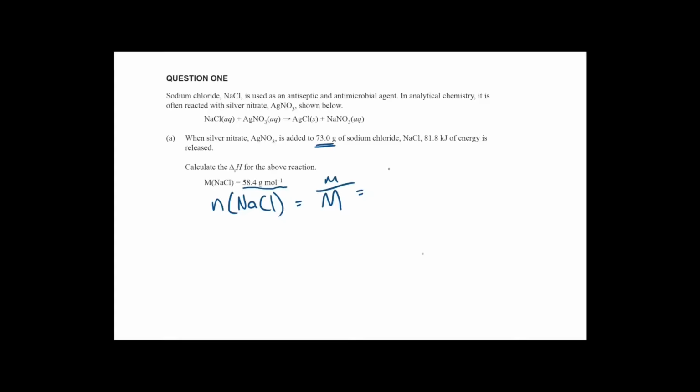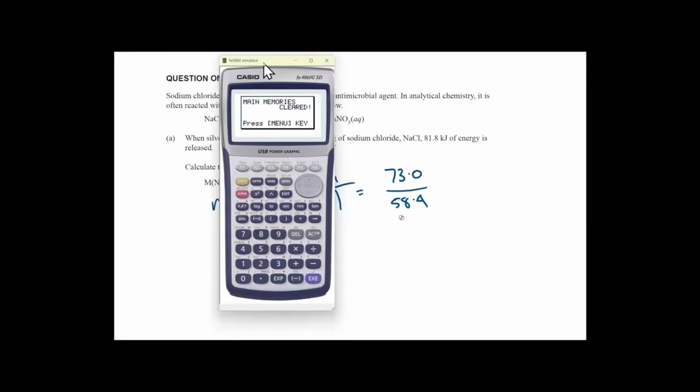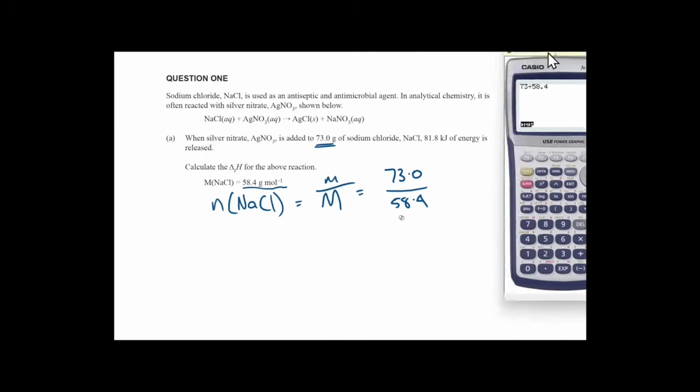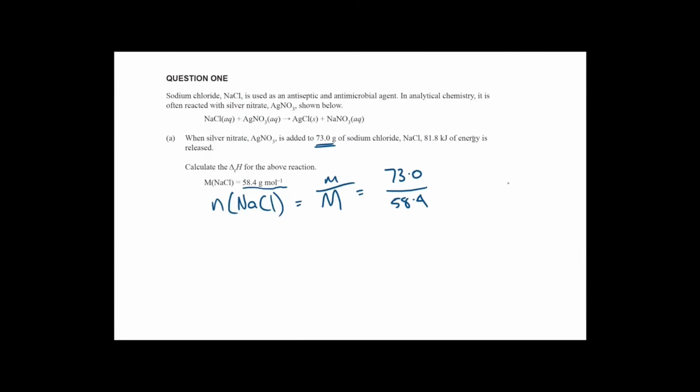So this is going to be 73.0 grams divided by 58.4 grams per mole, and that's going to give us how many moles there are. So 73 divided by 58.4 is 1.25. So 1.25 moles